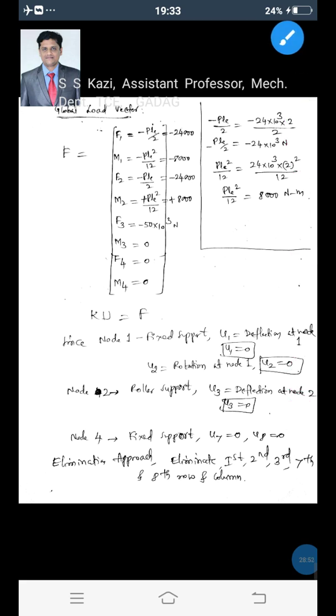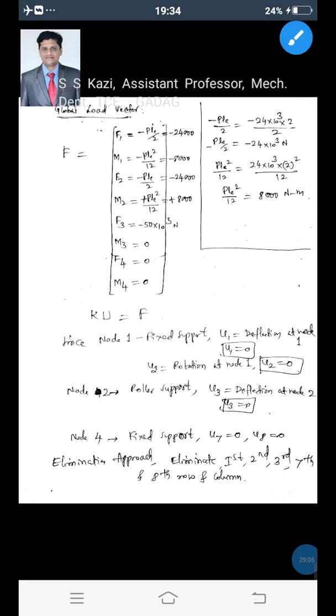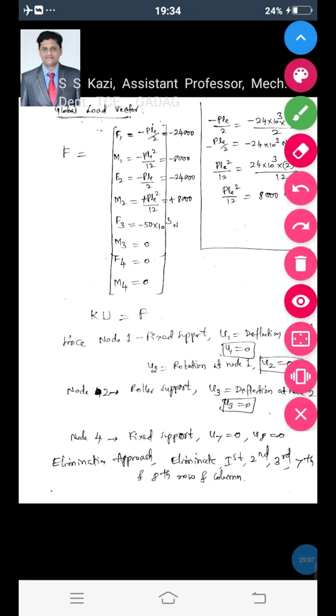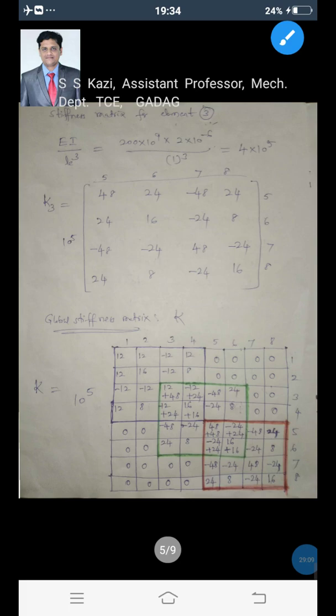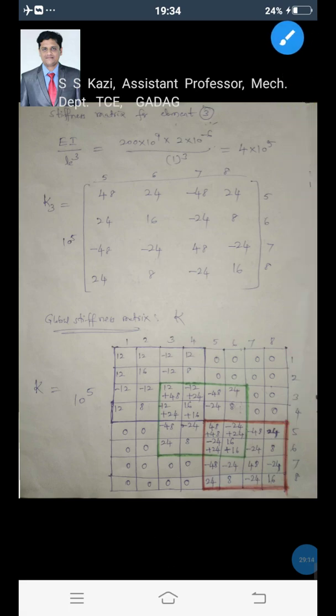In the elimination approach, since the boundary conditions are given, 5 boundary conditions we have, first eliminate the first, second, third, 7th and 8th row and column. Then if you eliminate the first, second, third and 7th and 8th row and column,